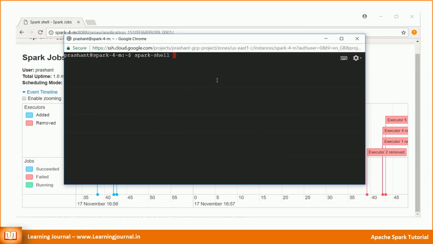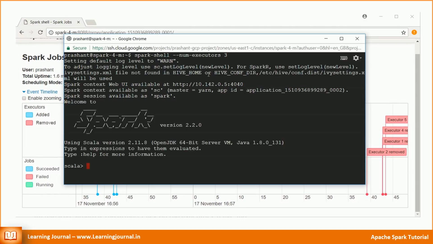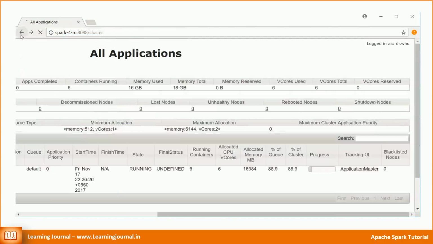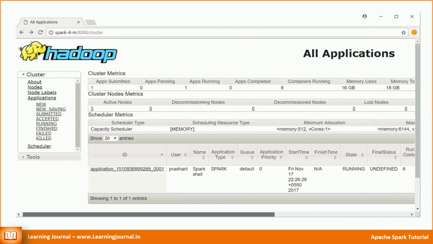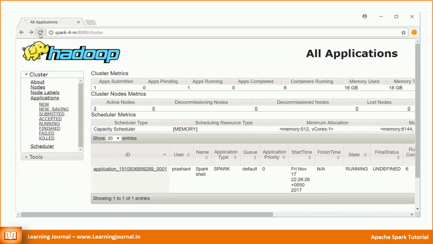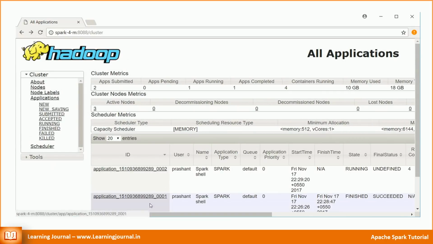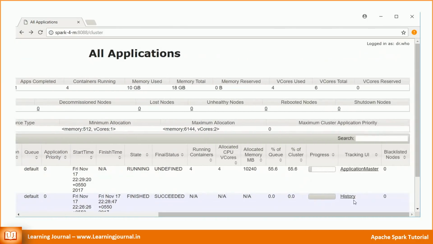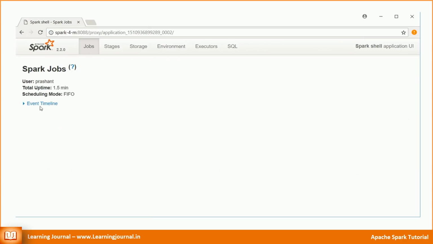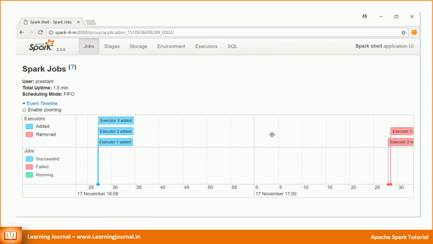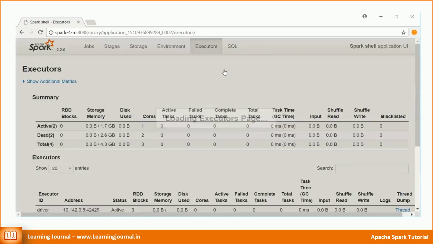This time, I want to specify the number of executors explicitly. Now, I expect that Yarn should begin with 3 executors. Here is my new application. Let's check. Great! 3 started and 2 are released. Where is the driver? Click on the executors page and you will see some details.